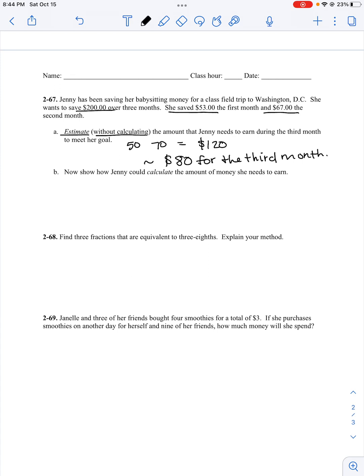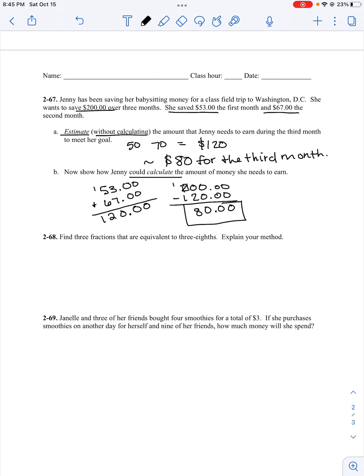Okay, now we're going to show how Jenny could calculate the amount she needs to earn. So I'm going to add $53 and $67. So 3 plus 7 is 10. 6 plus 5 is 11. Plus 1 is 12. Look at that. It was $120. So if she's calculating it, she would really want to do 200 minus 120, which would give her